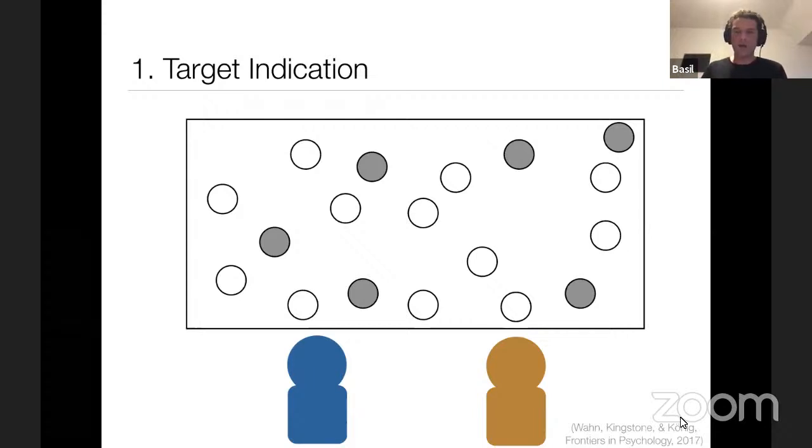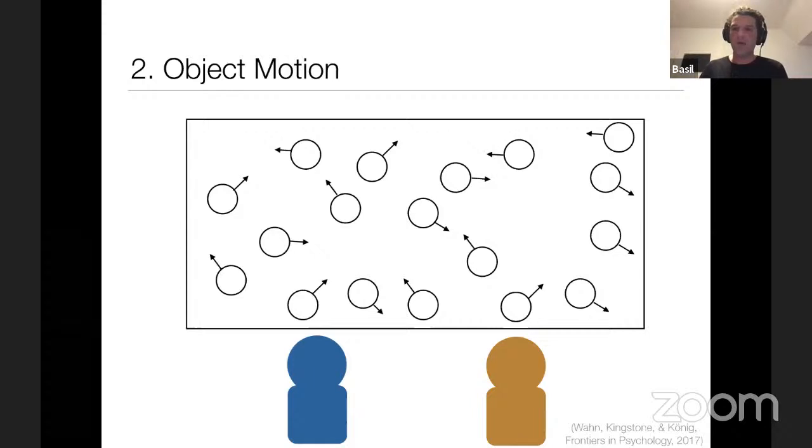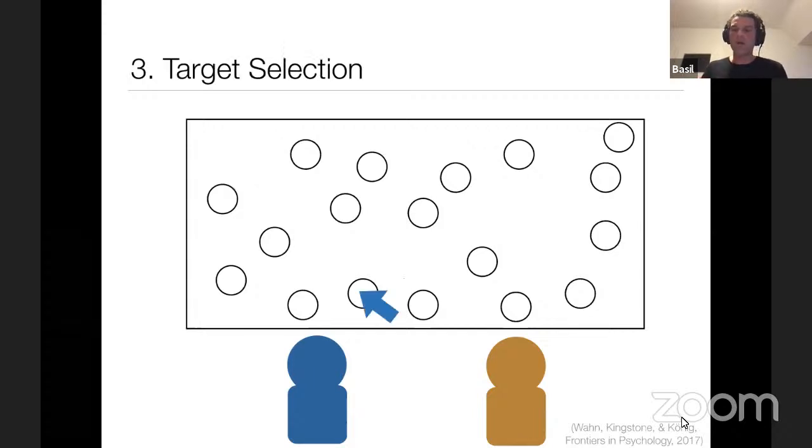And now they could freely choose how many objects they want to track, or how many targets they want to track. And then they would start to randomly move across the screen for several seconds. In this period, of course, participants still need to keep track of those target objects. After objects stop moving, participants could then individually, each on their own, select those objects that they think are